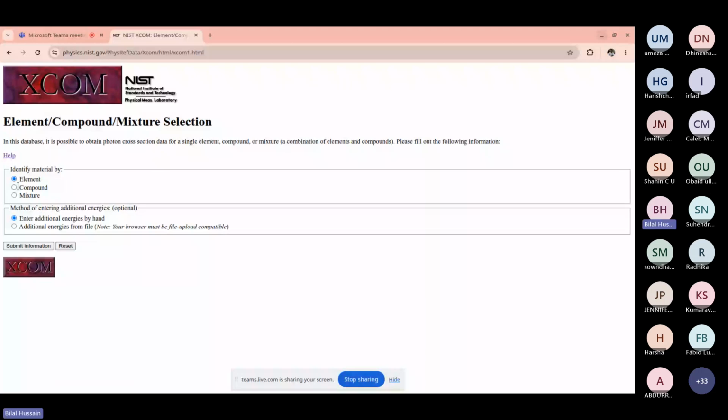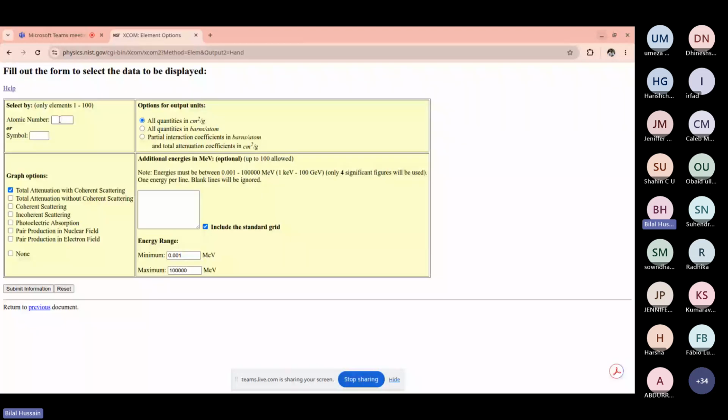We have to enter either the atomic number or the symbol. Let us say, for example, 74, which is tungsten. I want to get the attenuation coefficients: coherent, incoherent, photoelectric, pair production, and both triplet, everything. Upon clicking this,